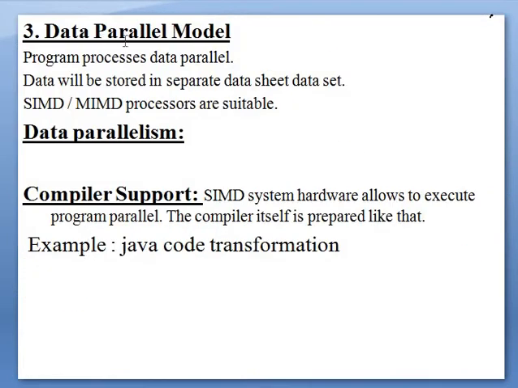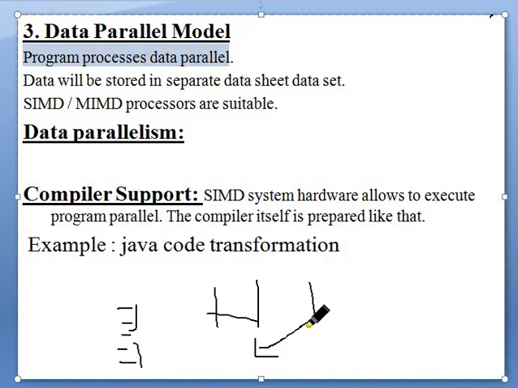The third model is the data parallel model. We have studied this in our first chapter, data parallelism and dependency diagrams, etc. Please recall all the concepts from that discussion. Data parallelism means programs process the data in parallel. In our first model, we wrote many instructions and tried to group them into two sets like this, and attain parallelism, so that the total time taken is reduced. Please recall Bernstein's parallelism conditions, or Bernstein's execution conditions, the concept I am talking about.